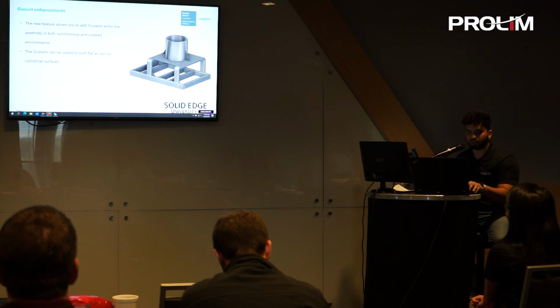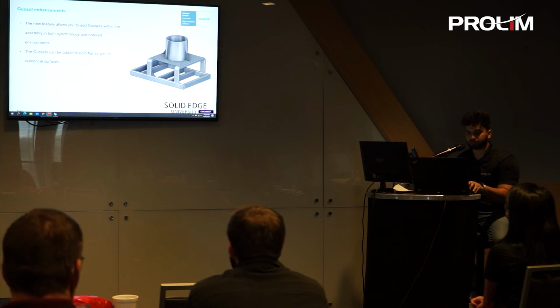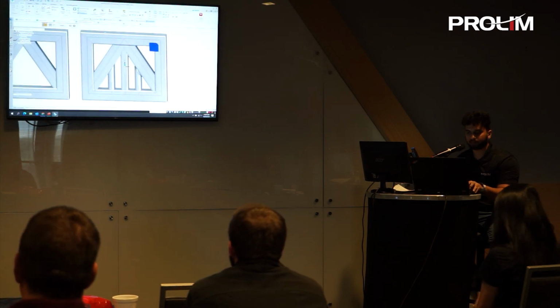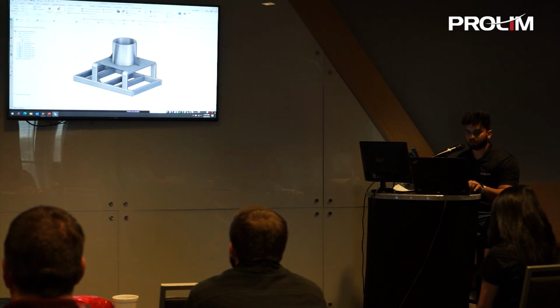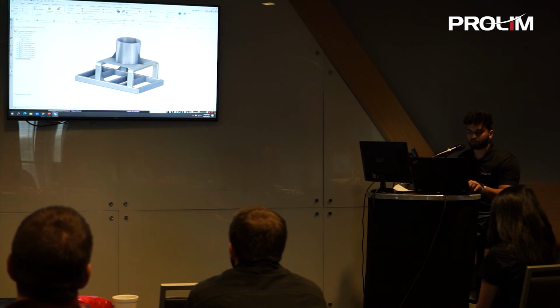So we'll just quickly demonstrate how to do that. This is the assembly I have where you can add the gusset plates. Also, you can add gusset plates for flat surfaces, a flat and a cylindrical surface, or two cylindrical surfaces. So to use the gusset plates, you can first come to the frame environment, and then you have the option for gusset plate right here.